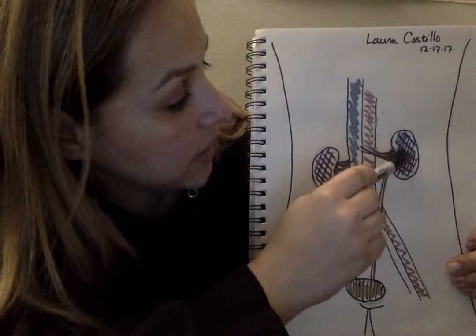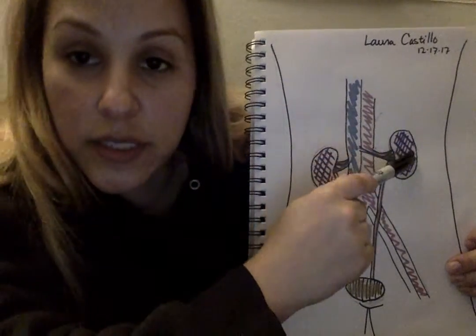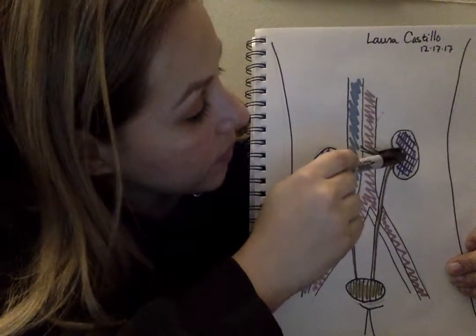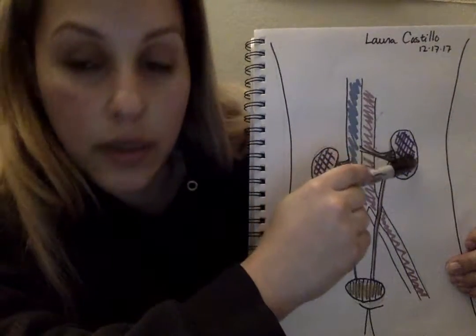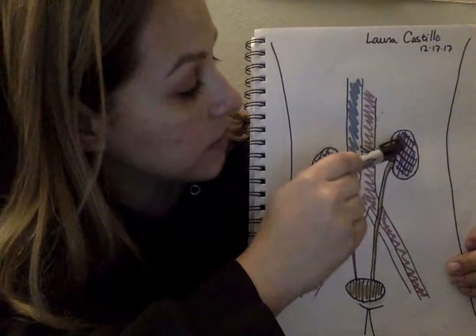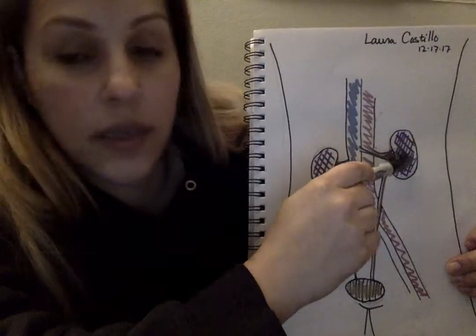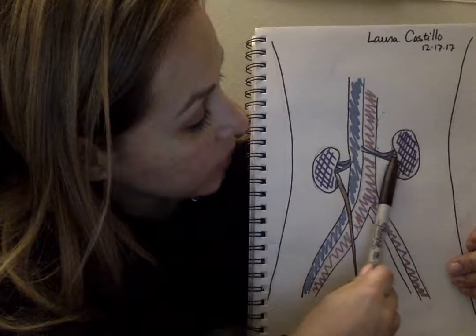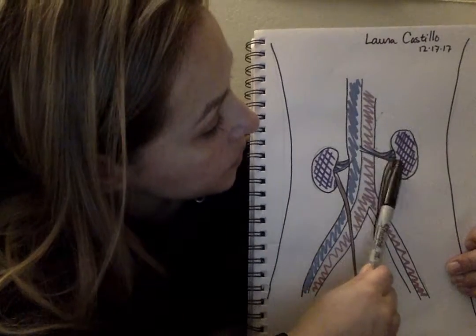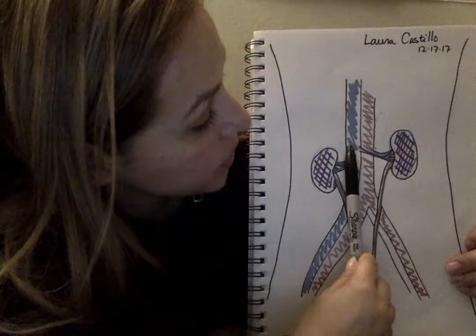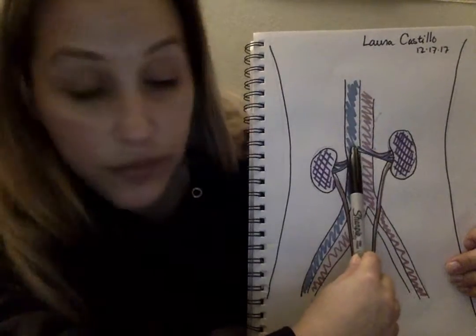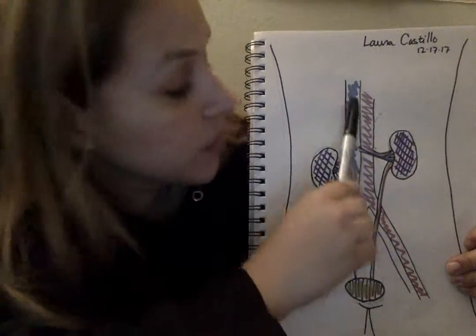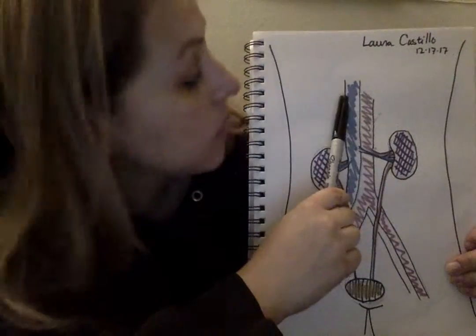So it goes into the kidneys, goes through the whole process through the medulla, which goes through the pyramids, gets filtered through the nephrons that are within the pyramids, and then from there it exits out through the renal vein here in blue, and it is now filtered and oxygenated,